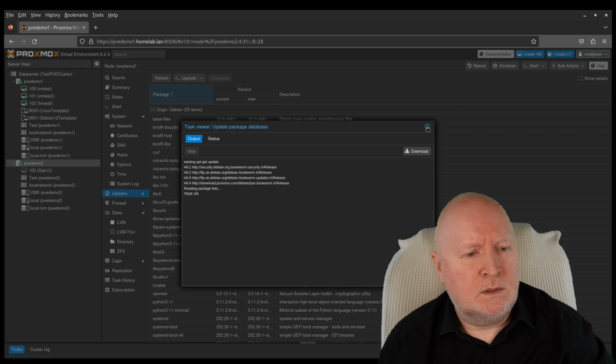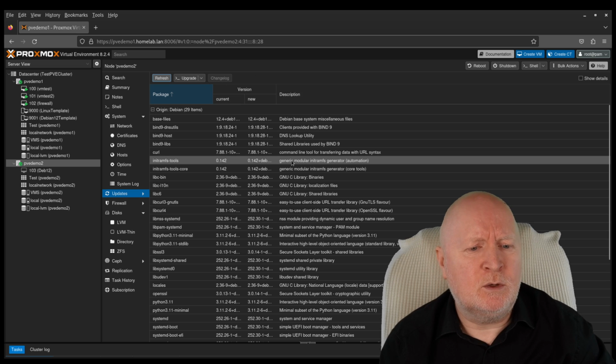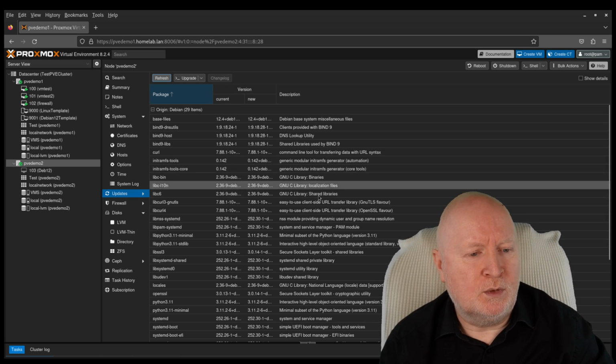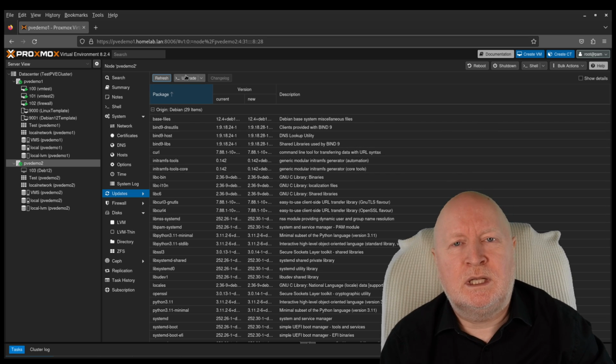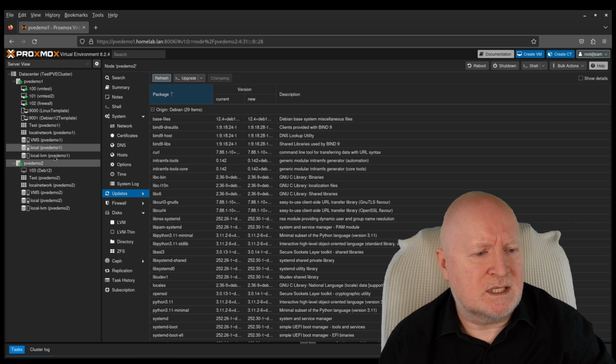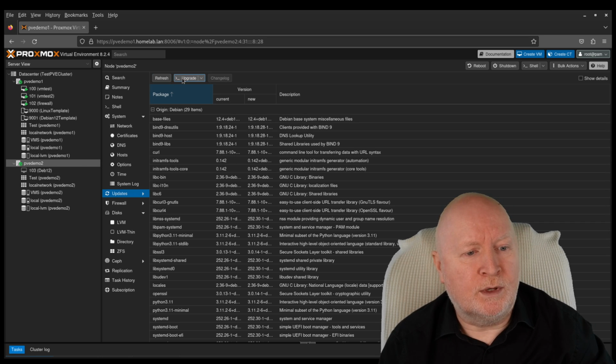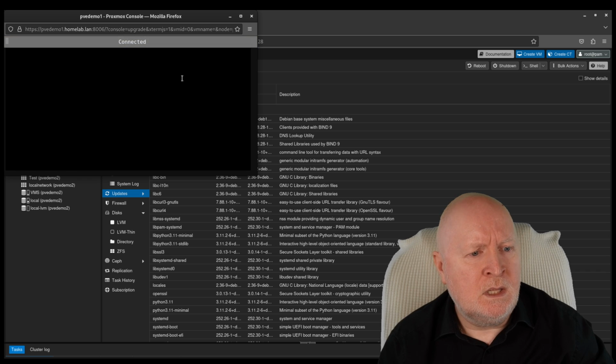Now, when it comes to Linux, you can typically upgrade it without needing a reboot, but in this particular case, I'm going to reboot it anyway, just for good measure. It's usually recommended if the kernel gets updated, but in this case, I'm just going to play it safe anyway. So to do that, we'll just click on upgrade,